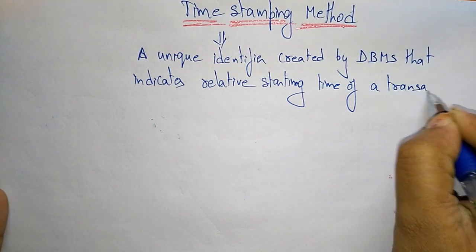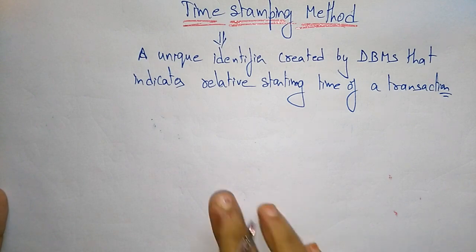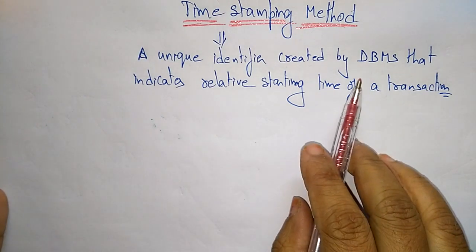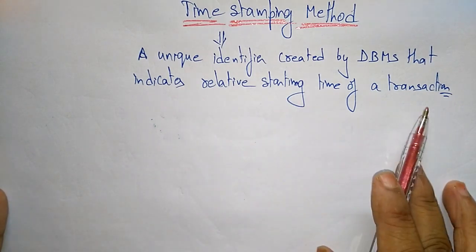So that you call it as time stamping. A time stamping is a unique identifier which is created by the database management system that indicates the relative starting time of a